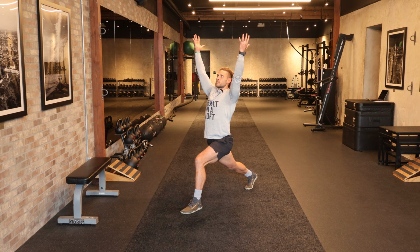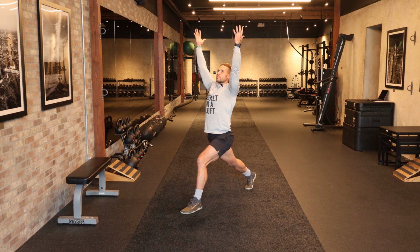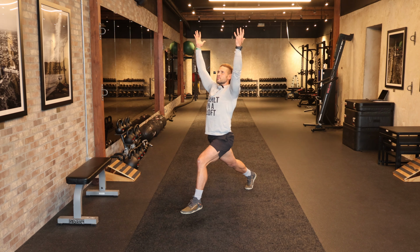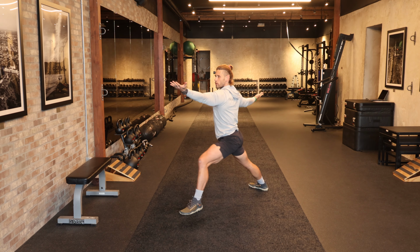3 breaths in this position. Filling the belly. 1 more. Beautiful. 1 more breath in here. And then on the exhale, we're gonna pivot that backside foot and open up into a warrior 2